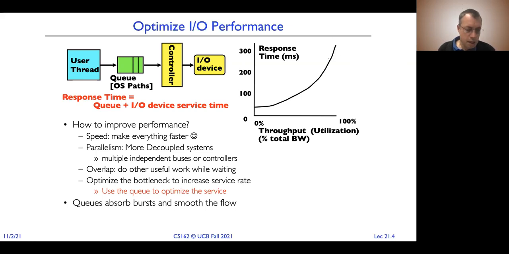Okay. And remember, the queues are here to absorb the burst. The requests are not equally distanced in time. A bunch of requests can arrive at the same time. So the controller cannot serve all of them at once, and you need to queue them, because if you don't have a queue, you need to drop these requests on the floor. You are going to fail